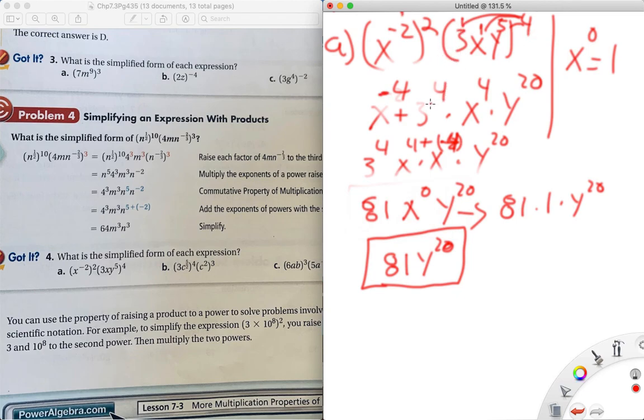4 times 1 is 3, so that's 3 to the 4th. 4 times 1 is 4, that's x to the 4th. And then 5 times 4 is 20. Everything else checks. But the process is still the same, though. I just messed up on the number. 4 plus negative 4 cancels out, which gives me x to the 0. X to the 0 is 1. So then 81 times 1 is 81. And y to the 20th times y to the 20th is y to the 20th and times 81. So, boom. That is